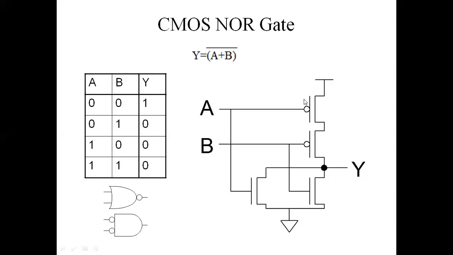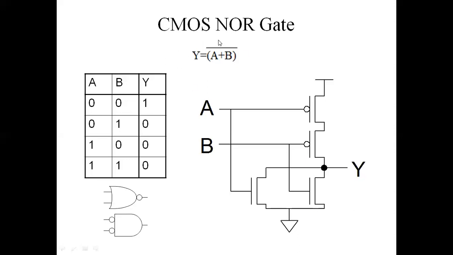And in the last case again, the PMOS are both off. So no path present between VDD and Y. So in the rest of the three conditions, the NMOSes are working in parallel, means when both are on or any one of the NMOS is on, Y is connected to the ground. So output is equals to 0. So only for the 0, 0 input condition, Y becomes 1, and in the rest of the conditions, your Y becomes 0 because the output is connected to the ground.